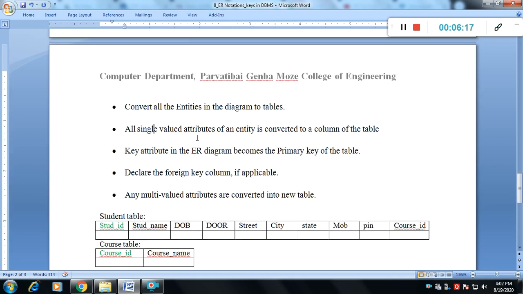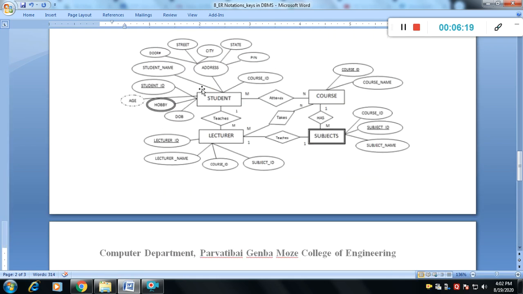It depends on the second unit or the next unit, which contains concepts related to normalization and denormalization. In that case we will understand how exactly the tables are created. It may be that one entity creates one table, or it may be multiple tables.